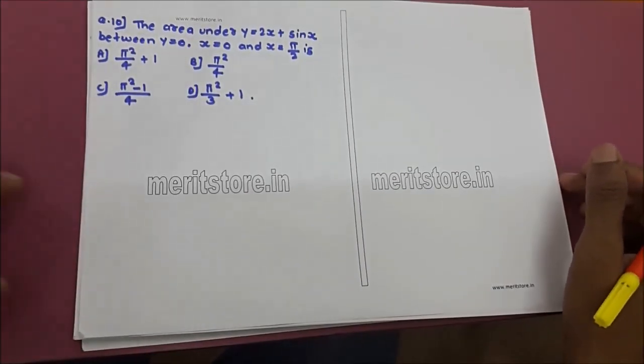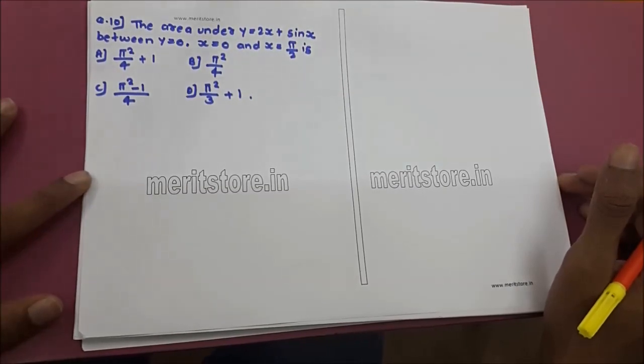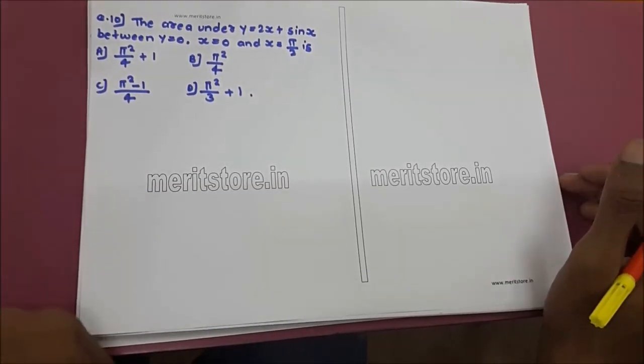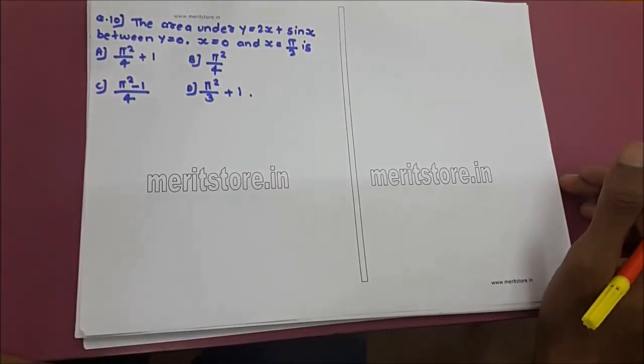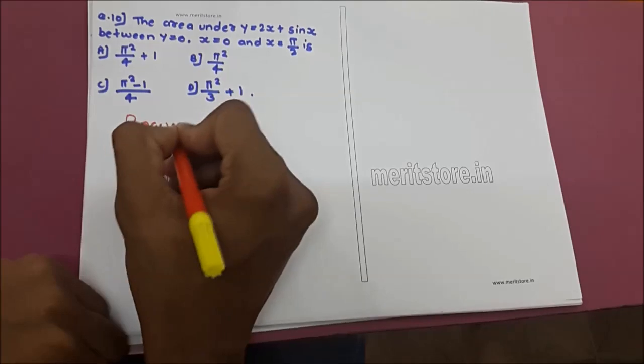Question 10. Find the area under y equal to 2x plus sin x between y equal to 0, x equal to 0 and x equal to pi by 2. We have 4 options: A, pi square by 4 plus 1; B, pi square by 4; C, pi square minus 1 by 4; D, pi square by 3 plus 1. We have the required area